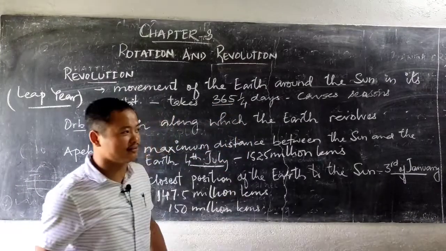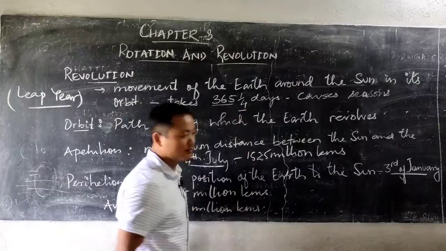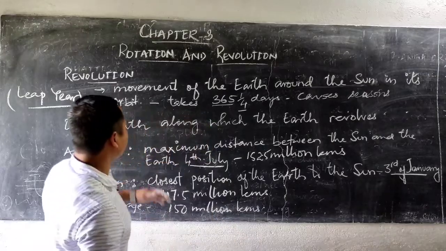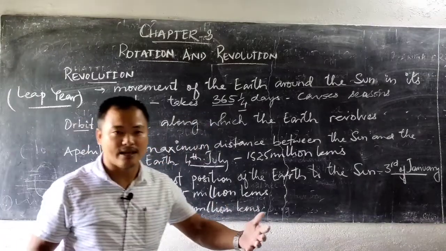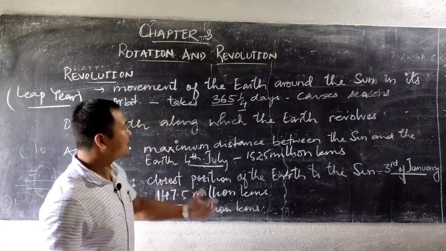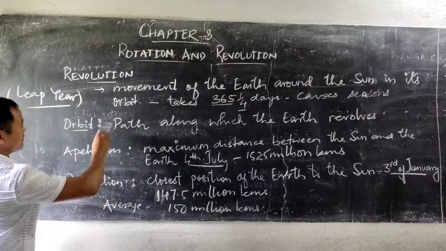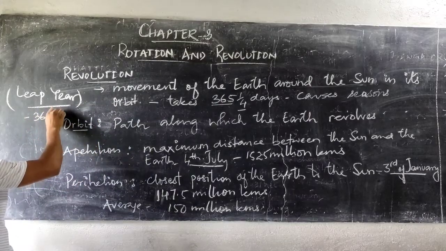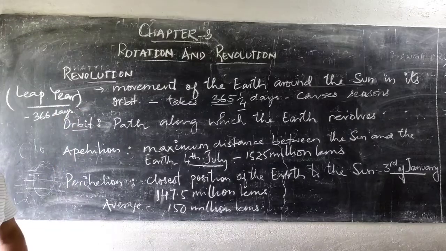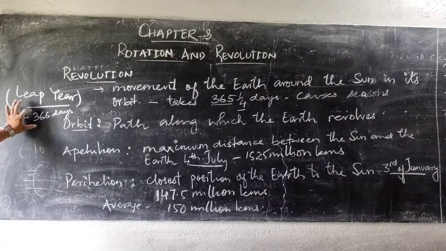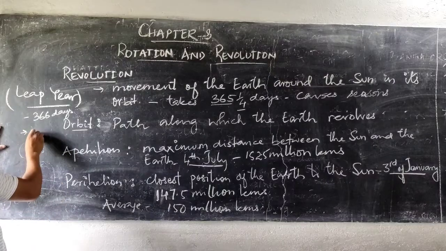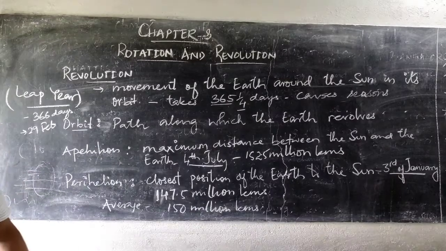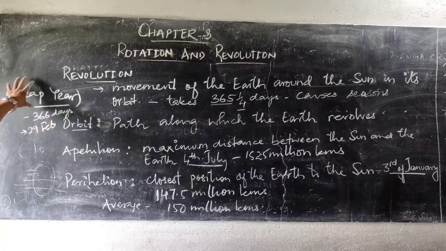Out of this, what we find is 365 is okay, fine, but where has this 1/4 gone? What you find with the 1/4 is that every fourth year, the year number being divisible by 4, the calendar year comes with 366 days. Now in the year which has 366 days, a day is added in the month of February. So February becomes a month of 29 days. Such a year is known as a leap year.